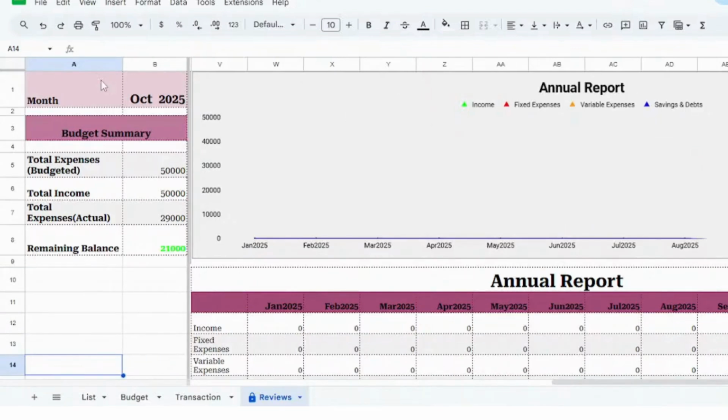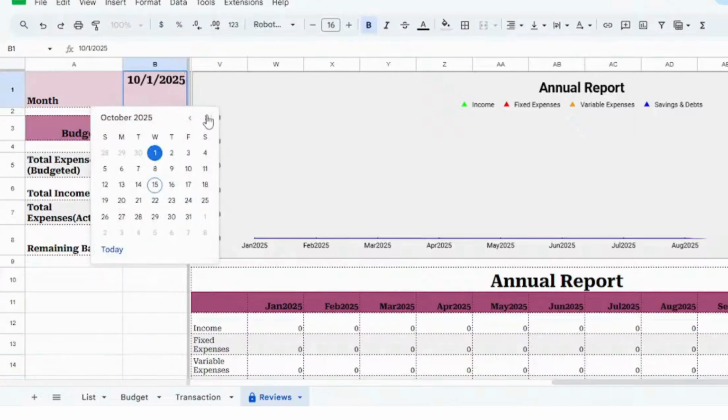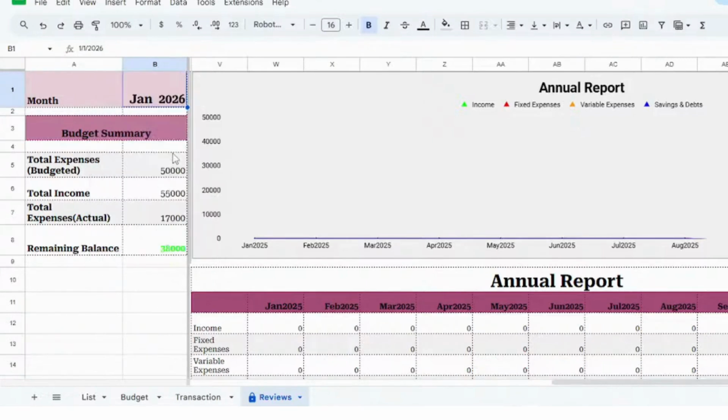to view the summary for January 2026, we are supposed to select month, year. We're supposed to select date. We are going to select 1st of January 2026, and this is the total. This is the summary for January 2026,